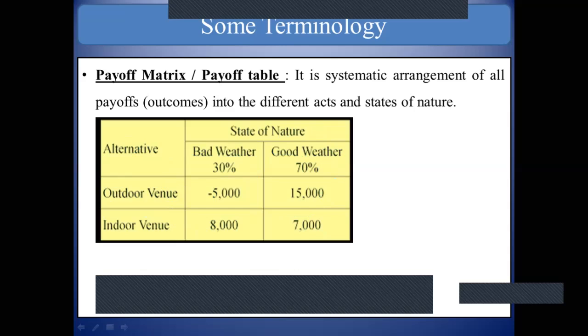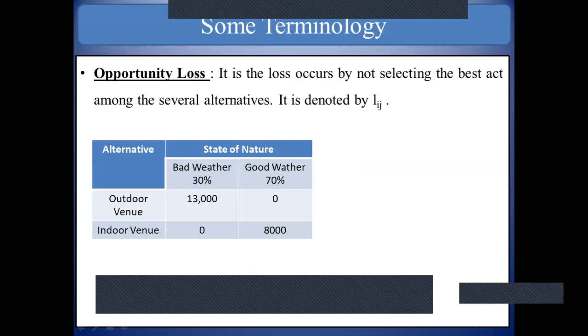So this is a simple arrangement of payoffs for different acts and states of nature. It is called a payoff matrix or payoff table. After this, moving on to the next concept,